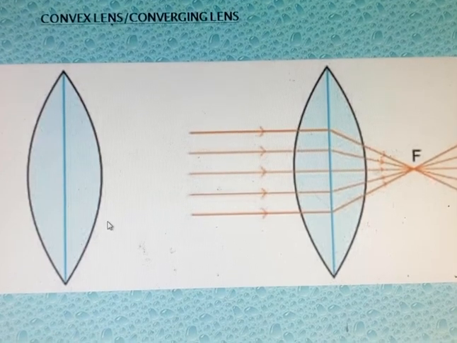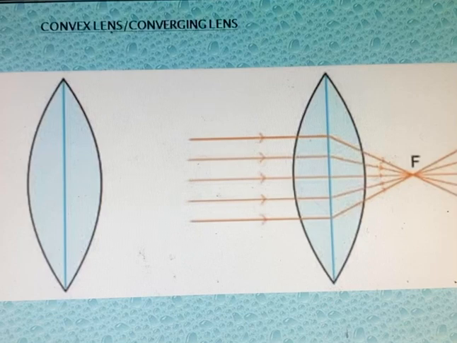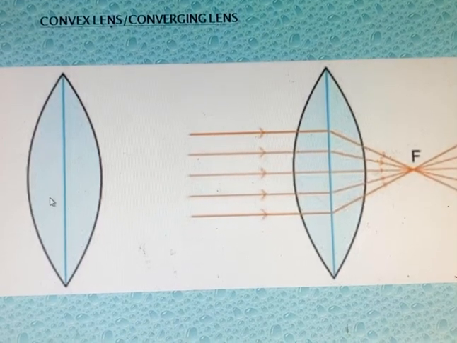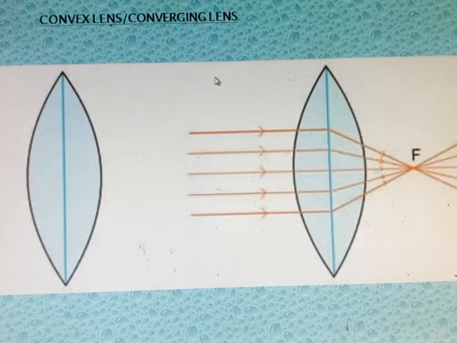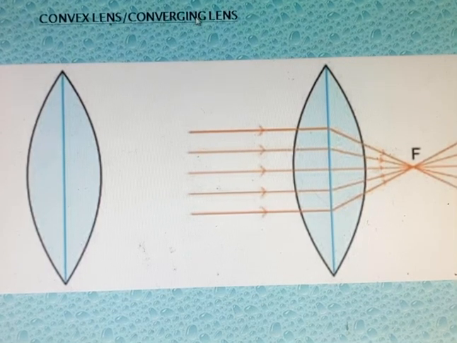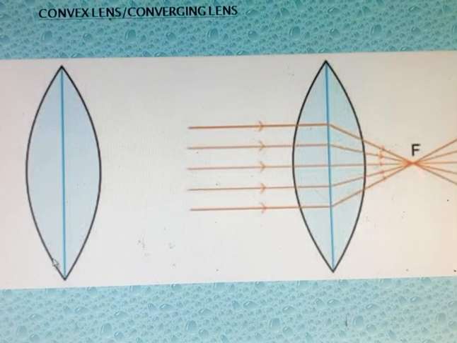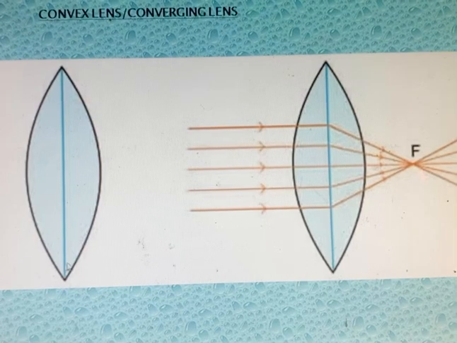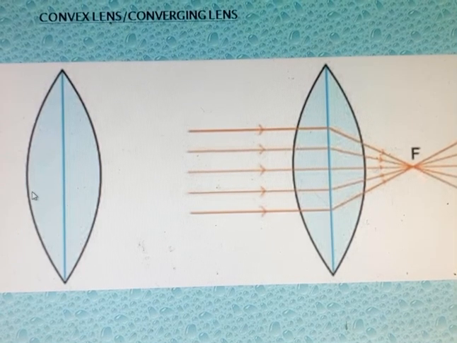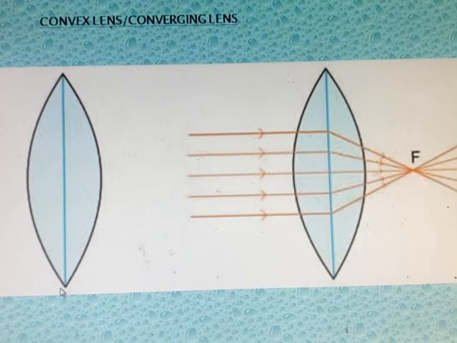There are two laws. Okay, we'll learn later on. So let's learn first about the types of lens. First of all, the convex lens. Convex lenses are also called converging lenses. The lens structure is very simple. Both sides are swelled or thick, but the ending points are thin or sharp.